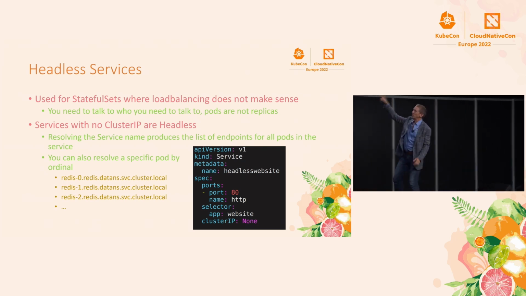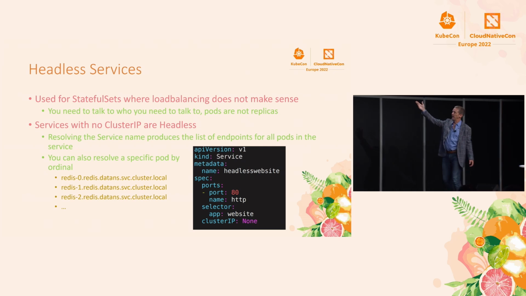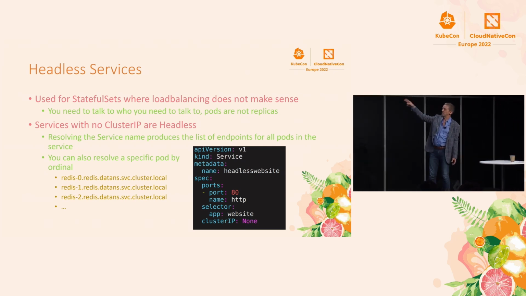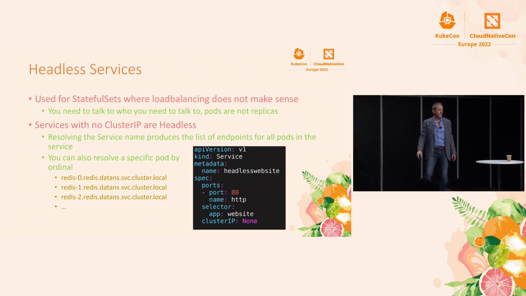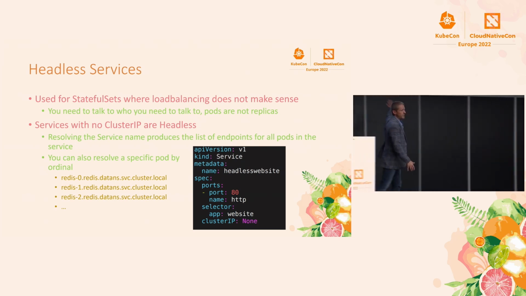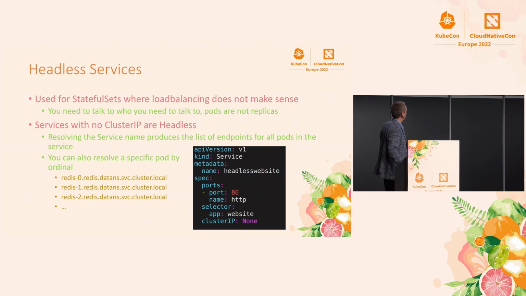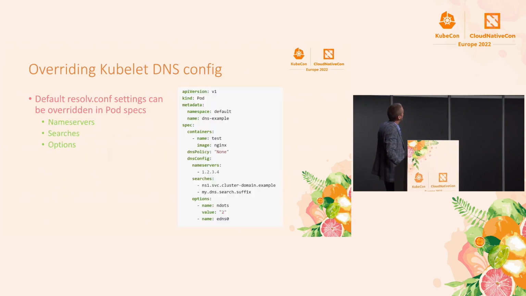And so I could say, hey, redis1.redis.dataNS, which is my namespace, svc.cluster.local. Let's say that's the guy who has the NASDAQ data. Then I would just connect to that guy every time, and I would always get the NASDAQ data. So that's what a headless service brings to the table. It creates this DNS structure for stateful pods. And generally, that's why you use a headless service when you have stateful pods.